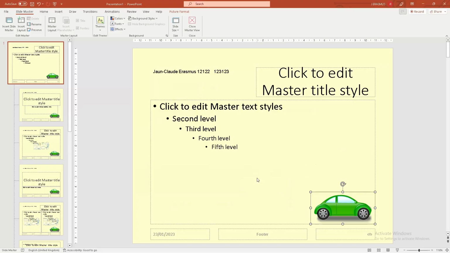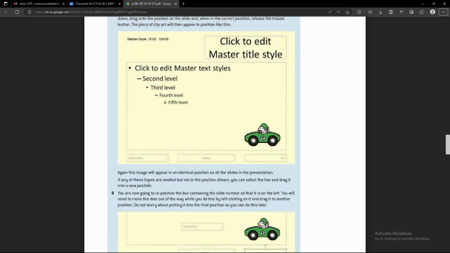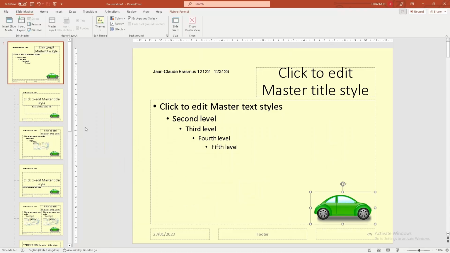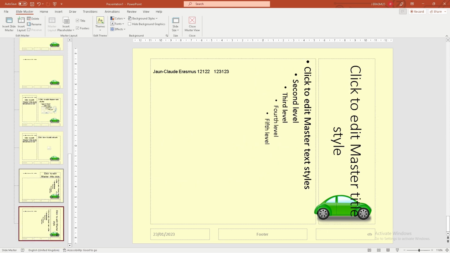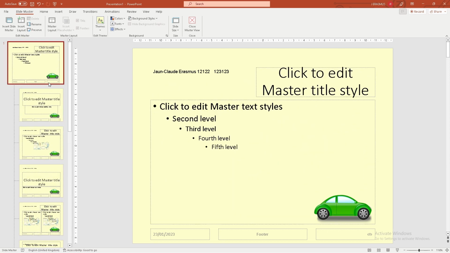I think that's better. There we go. This image will appear in an identical position on all the slides in the presentation, so you'll see that car is going to be on all the slides. Just remember, these are not actual slides, this is just the master slide, so this means all of our slides will have this at the background, and all of our slides that we put in will have this name at